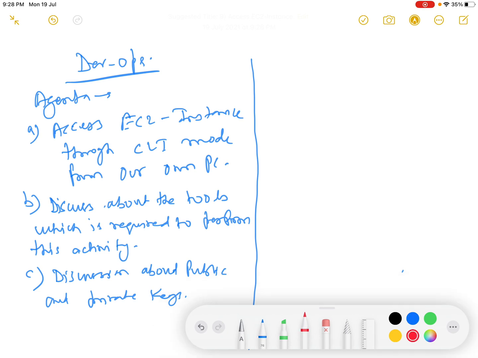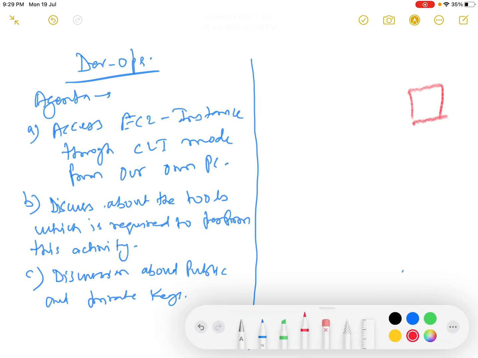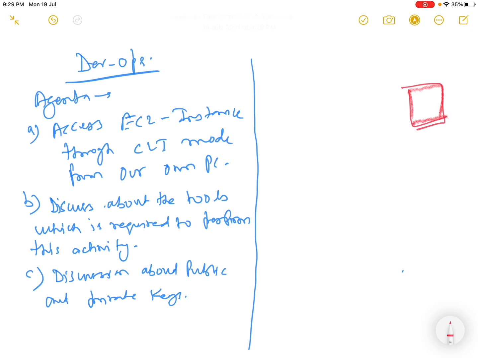So we have one EC2 instance. This is a Linux based EC2 instance. What are the ways of accessing this? One way is through the GUI, and we are not discussing the GUI here because it is very easy.